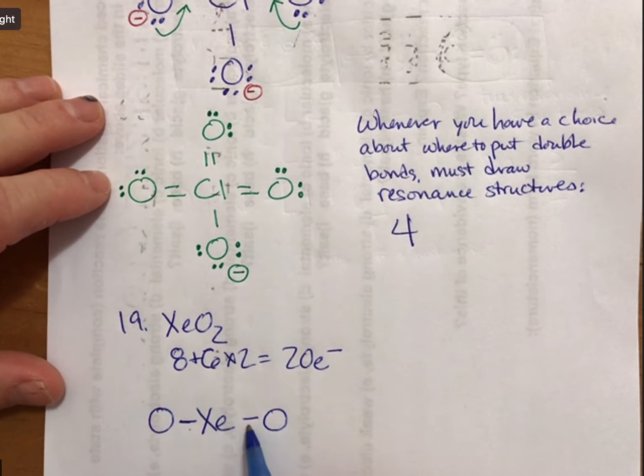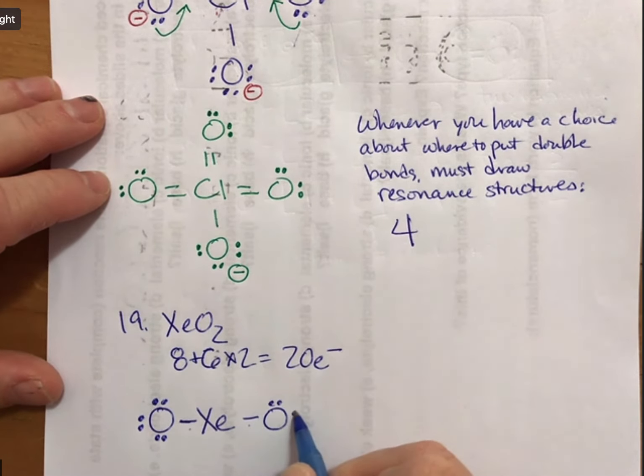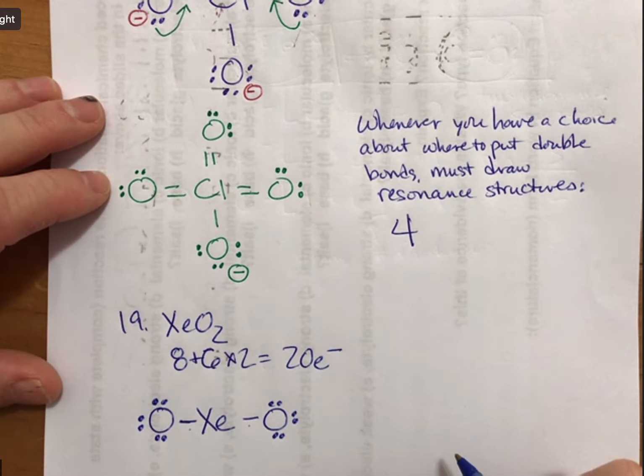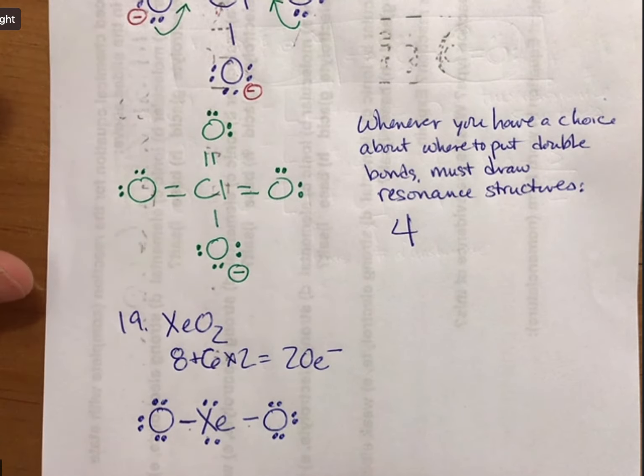Now I have 2, 4, 6, 8, 10, 12, 14, 16. I still have 4 more electrons to put. There's no place else to put them, so I put them on the central atom. And now I have 20 electrons in there. I can see that every atom has an octet, so that's a good place to then move on to a